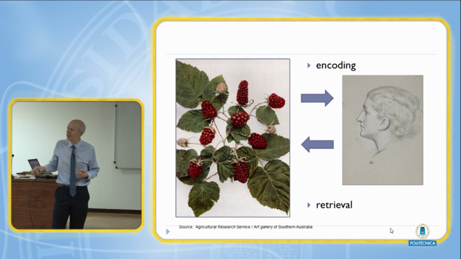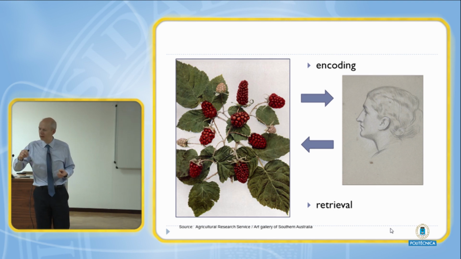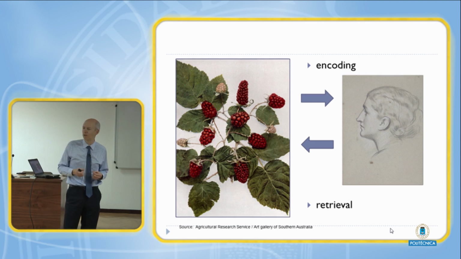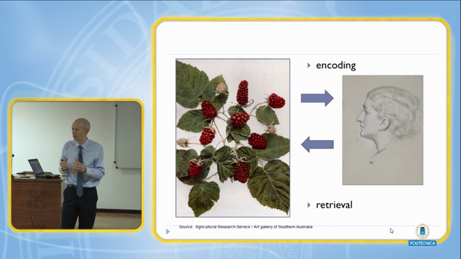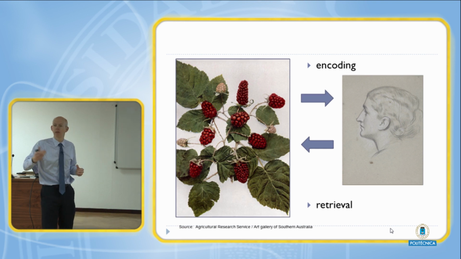So if you eat that fruit in the future, you'll say, oh yes, I recognize that. And you may even remember the particular market or place where you tried it for the first time. All of that process would help you to remember that piece of information, and it would help you to retrieve it in the future.